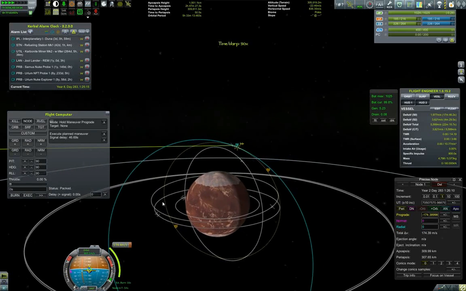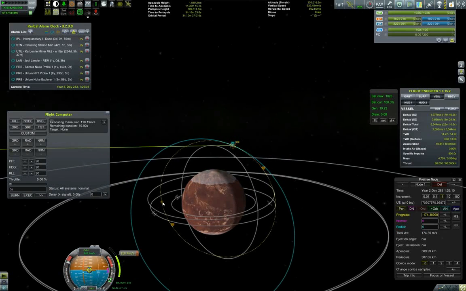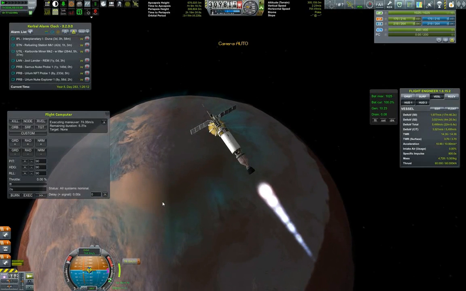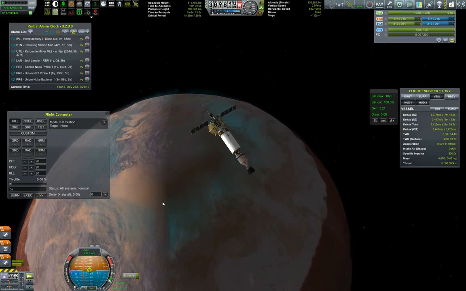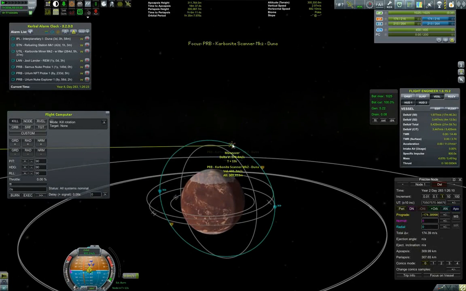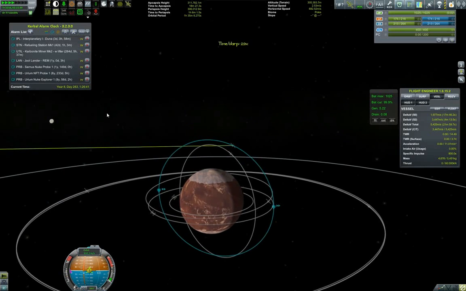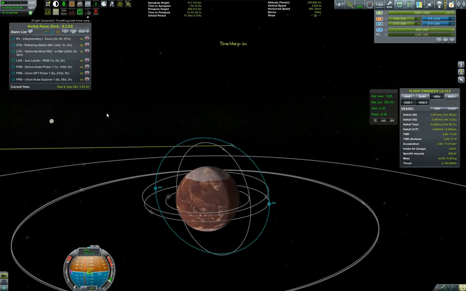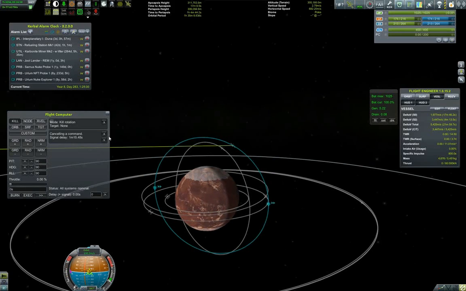The total burn will be 174 meters per second. Not too shabby, not too big. I mean, we have a nuclear stage with Nerva, with a total of 3,400, so we have almost too much fuel. Okay. That being said, this guy is deployed, and we still have plenty of time left,